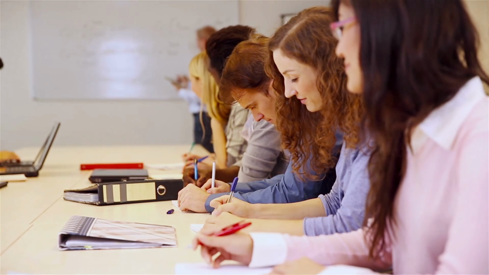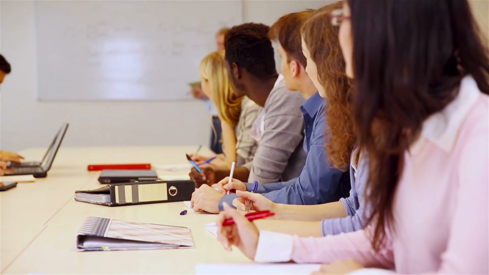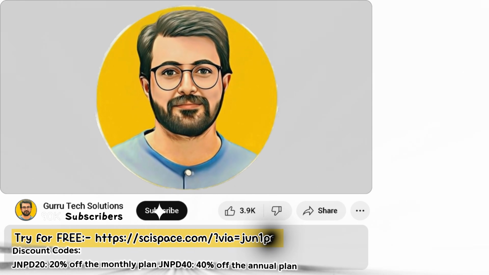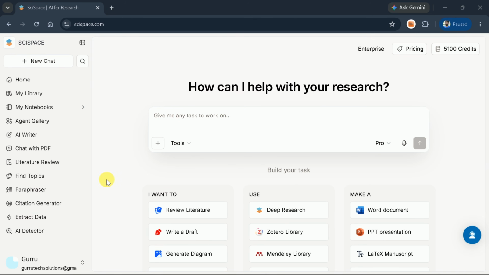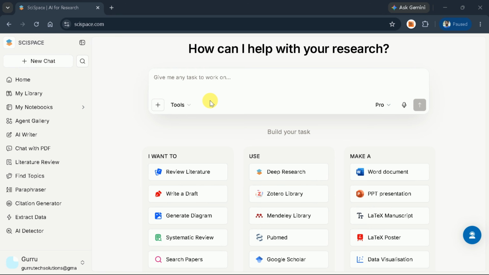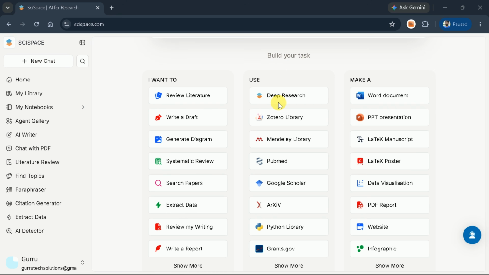If you're a PhD student looking to supercharge your academic research workflow, you're in the right place. The link in the description will take you directly to SciSpace, one of the most powerful AI tools available for researchers today. SciSpace is purpose-built for academic research, and unlike general-purpose AI tools, it's tailor-made for the specific challenges PhD